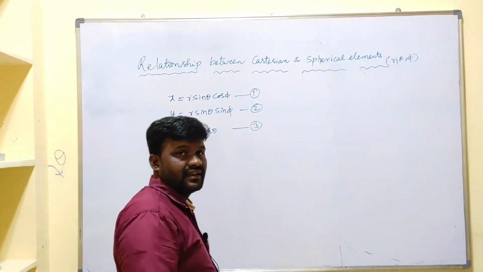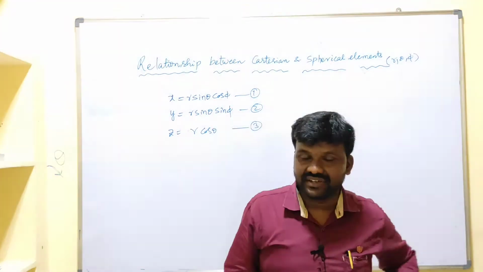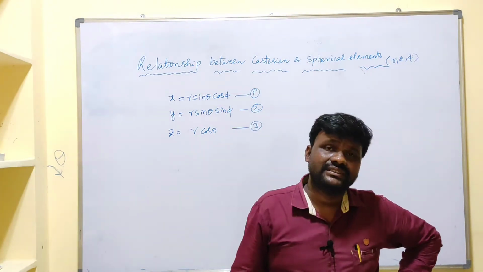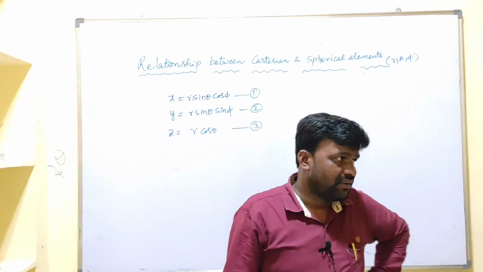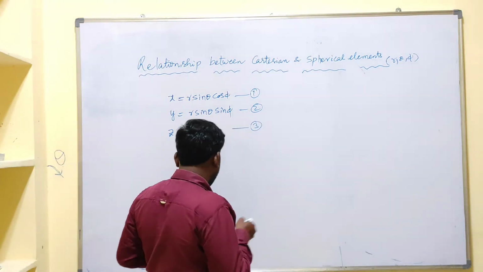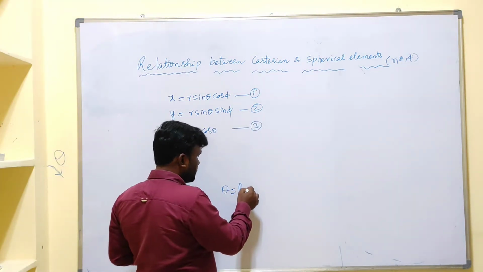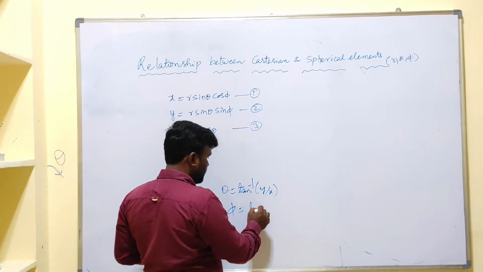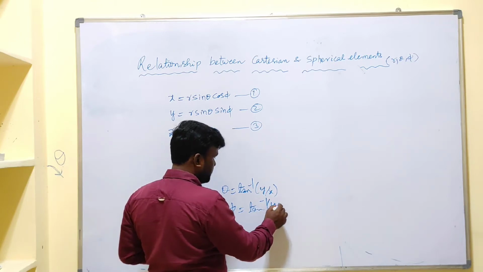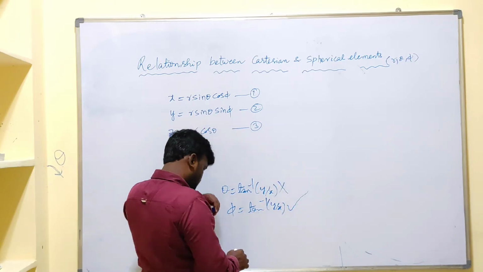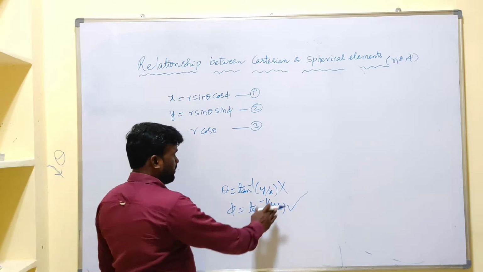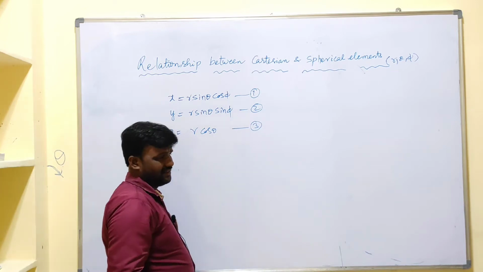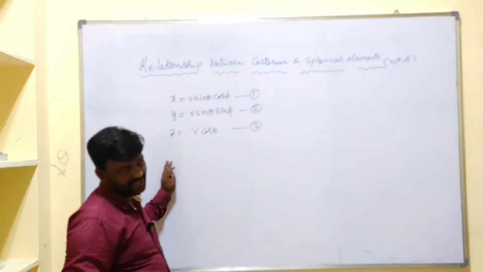Hi, in the last lecture, that is the continuation of coordinate systems, lecture number 4, I wrote the formula for theta like this, that is theta equal to tan inverse of y by x, and the formula for phi is also I wrote like this, that is tan inverse of y by x. This one is correct, but it is not correct. Okay, that's why I am making this video. It is nothing but a part of that L4 only.